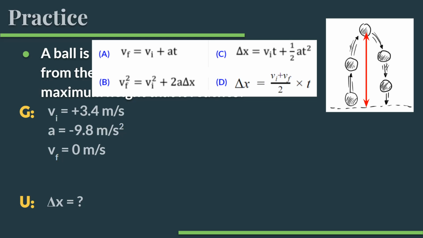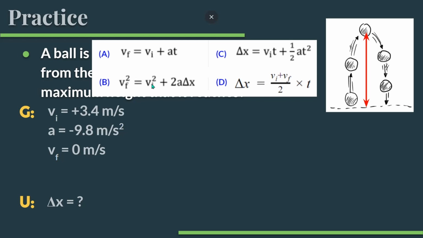I can certainly use A if I want to solve for time. I can find time with A. B. If you want to find time first, you can. There's nothing wrong with that, but that's not what you're asked for. You can find time and then find delta x. However, if you want to do it in a single step, you're going to want to use equation B because